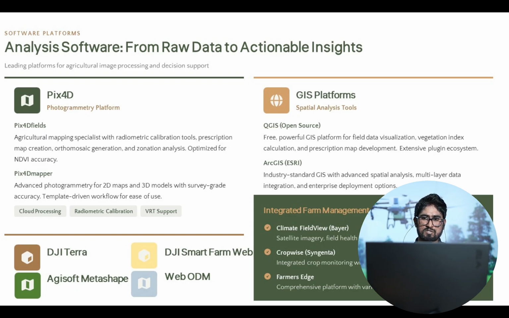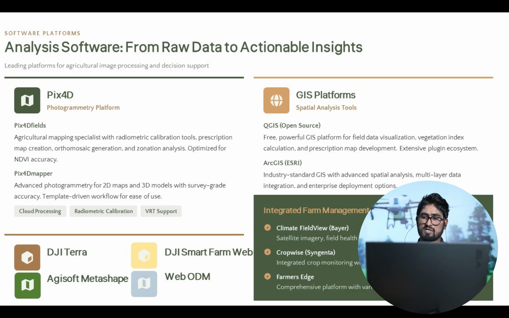You also can try DJI Terra and DJI Smart Farm Web platforms to create prescription maps. Maybe in the next webinar we will discuss in depth the techniques we can use to create maps and vegetation indices.